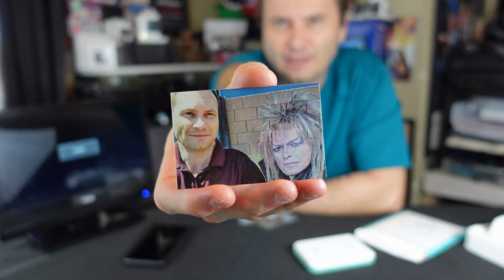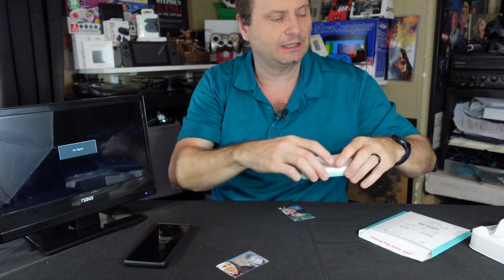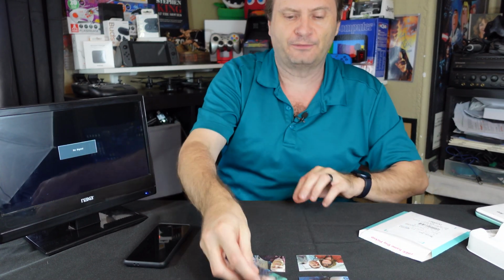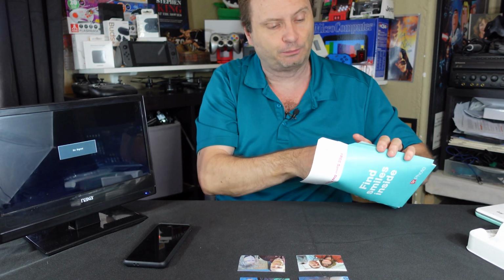All right, everyone gets a good look. All right, so I now have 4 sample pictures. We're going to take this aside. I've got 4 sample pictures to look at. I'm going to put them in front of me, and I'm going to grab the camera. I'm going to come over here, and I'm going to show you what the actual prints look like